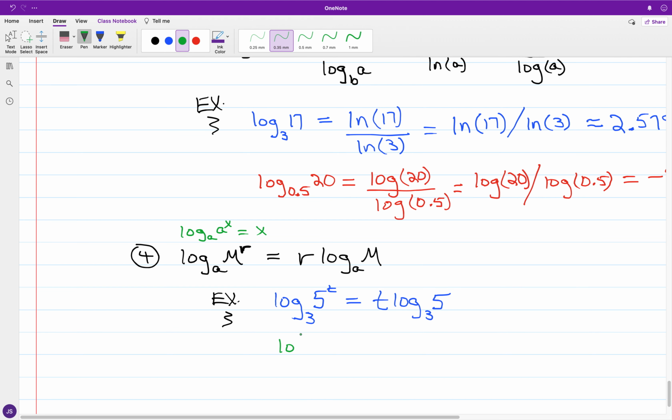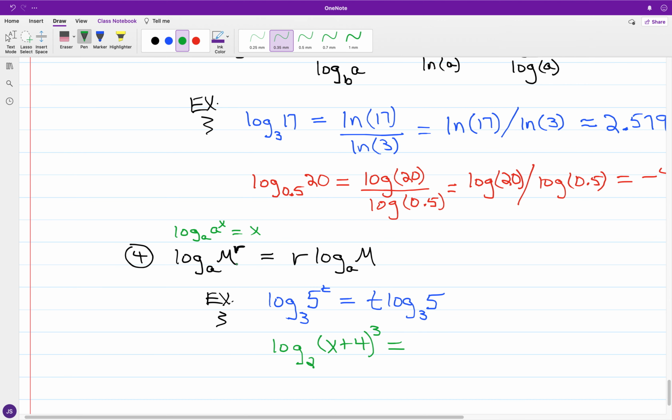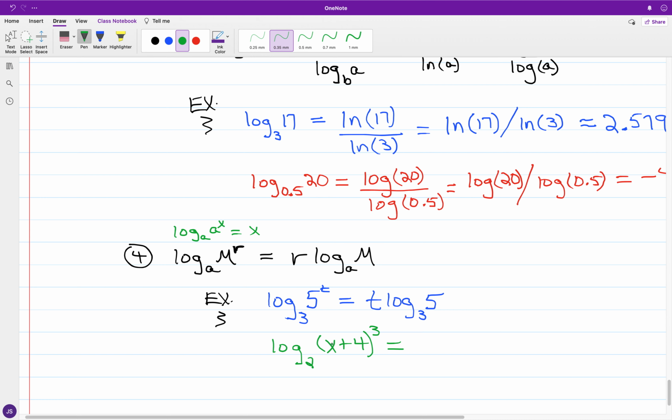And let's say that if I have something like the base 2 logarithm of the quantity of x plus 4 raised to the third power, x plus 4 quantity to the third power. So you have a is represented by 2, m is represented by the binomial x plus 4, and r is represented by 3. So if I write in this formation, putting that which represents r at the front, so we have